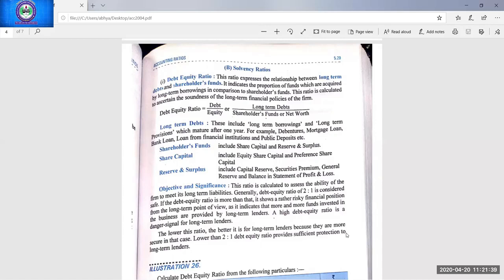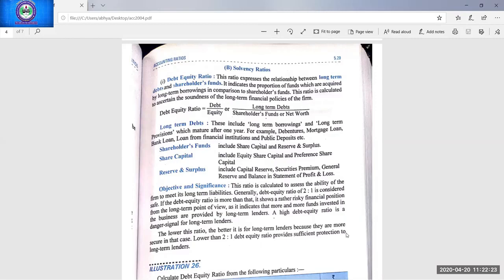Suppose you have gone to a bank for taking a long-term loan, a 15 years loan. Before granting that loan, the bank will definitely be doing the ratio analysis of your past years' financial statements, because it is a technique of doing financial statement analysis. So the bank must be analyzing your financial statement before granting the loan to check your solvency position. Solvency position means whether the business will be able to pay its loan back or not. Your profitability matters too, because from profits the business will be able to pay interest or the installments on time. So most of the ratios will be calculated by the bank.